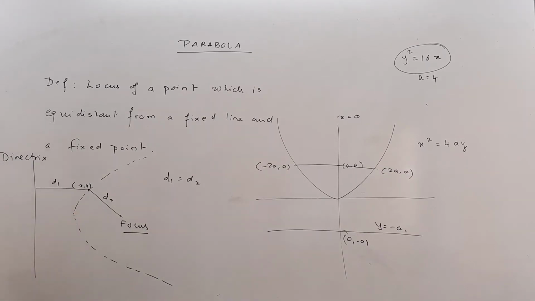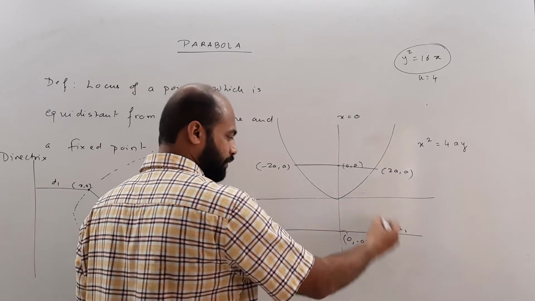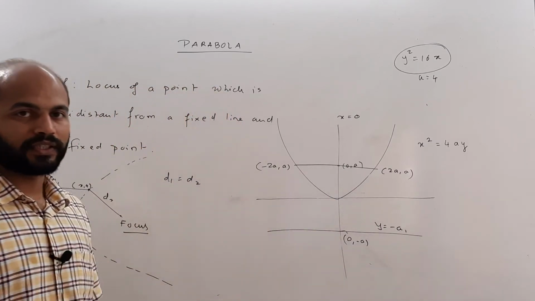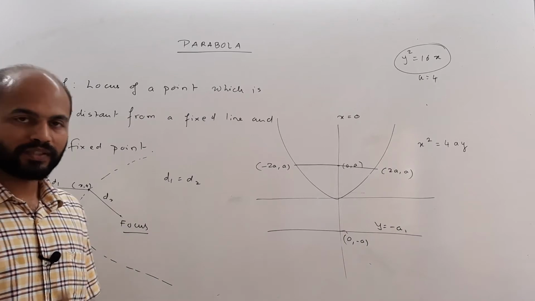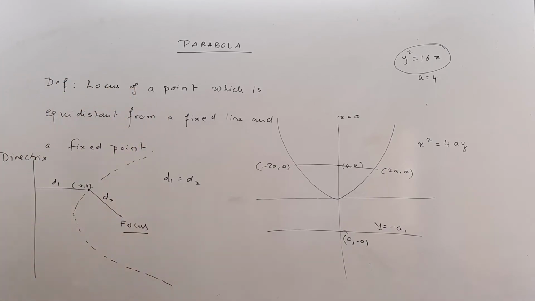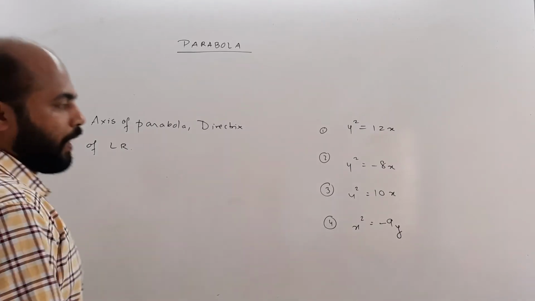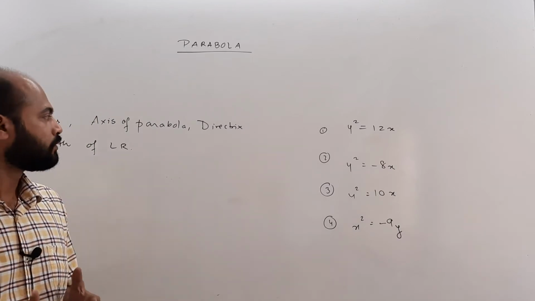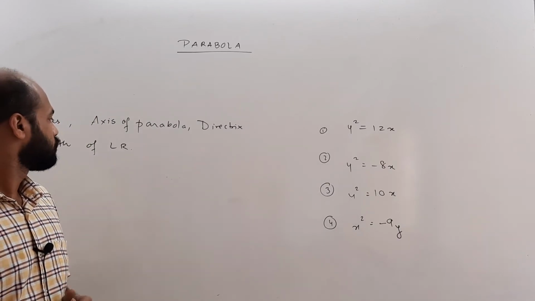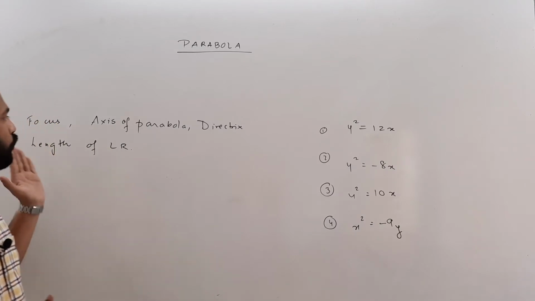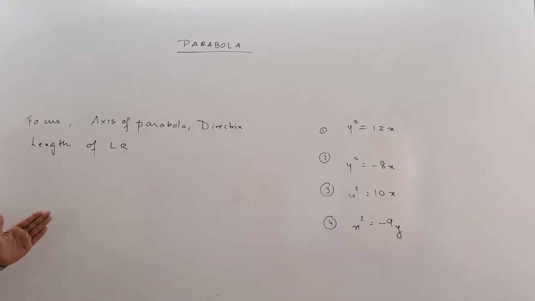So this is the upward parabola. A similar variation can be done with the downward parabola, just that its equation is going to be x square equals minus 4ay. So let's solve some problems to get a feel of this. Now these equations are given to us, so the parabolas are given to us, and we have to find the axis of parabola and focus, the coordinates of the focus, the axis of parabola, directrix, and the length of latus rectum. So let's find accordingly and sequentially.